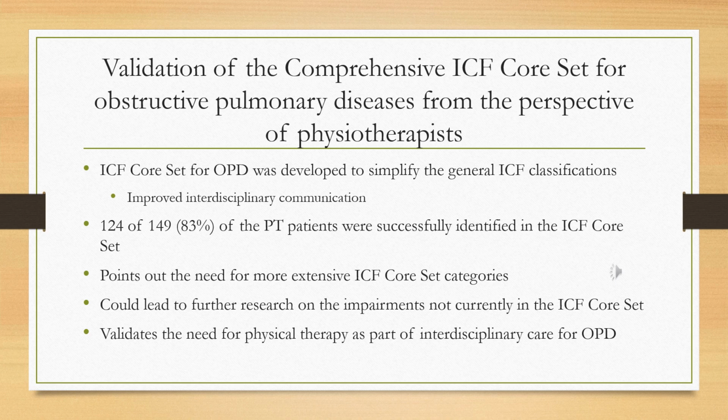So this study just looked at what the ICF classifications, a paring down of it is the ICF core set, which pertains specifically to obstructive pulmonary diseases. And so what this found was that 83% of the PT patients were successfully identified by this core set. What it points out